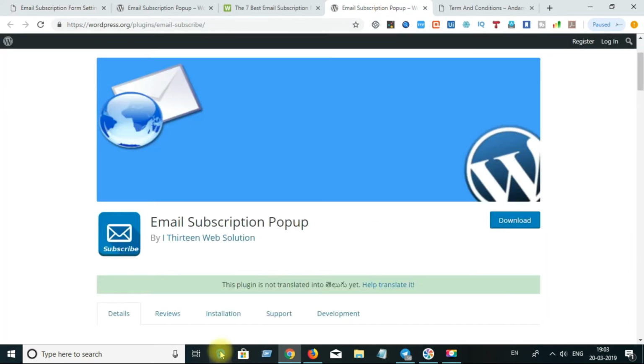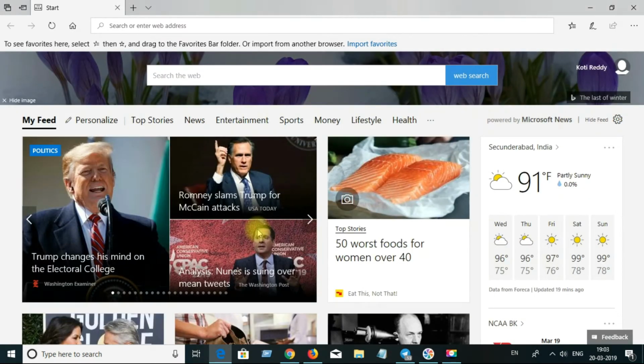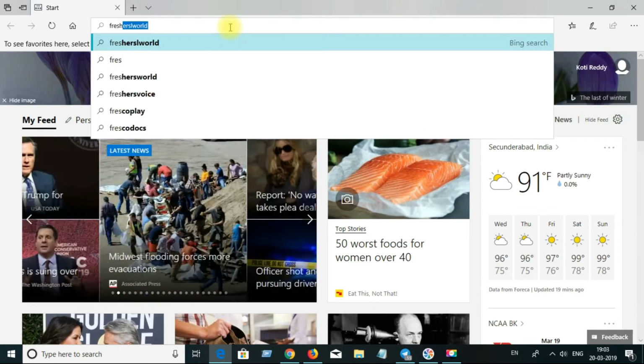Sometimes, due to cache, it may not reflect immediately, so that's why I am opening a different browser, or I always clear the cache first and then open a new session to observe the changes. Here I am opening freshersellworld.com.